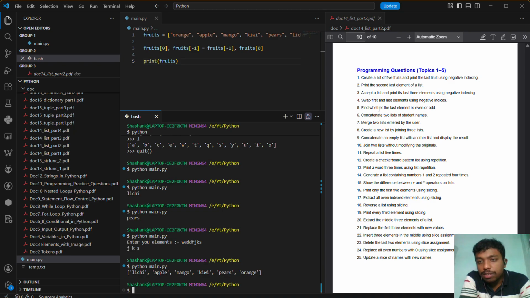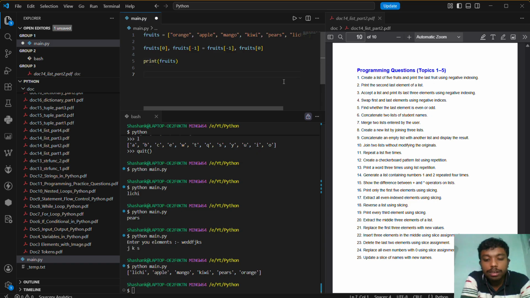Find whether the last element is even or odd. For the last element, you can directly type L of -1, access it, and apply if and modulo 2. If it is 0, then it is even. If it is 1, then it is odd. Concatenate two lists of student names. These are simple code, so you can take a screenshot and try on